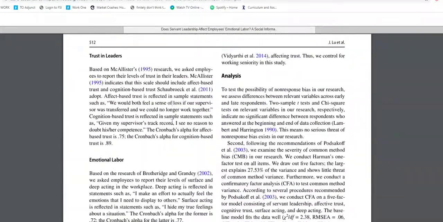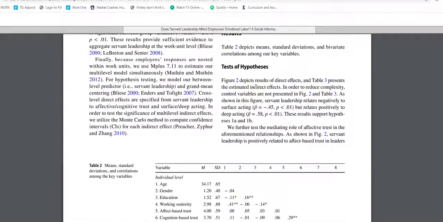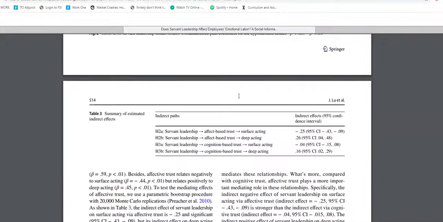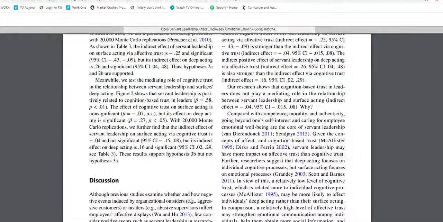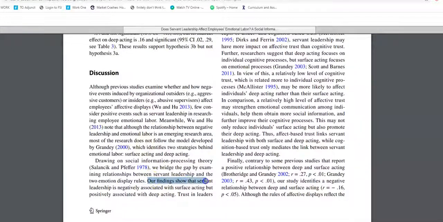Then I'm going to scroll down and get to results. If you can't understand this stuff, that's okay. A lot of it is statistics. That's why you go to the discussion area. Again, you're going to see stuff cited from the past, because you're going to see what the researcher found before compared to what they found in this study, in the year that they did it. So you'll see stuff like, right here, "our findings show that,"